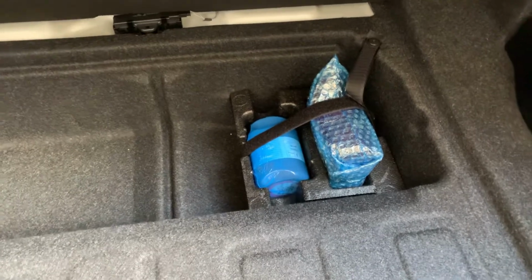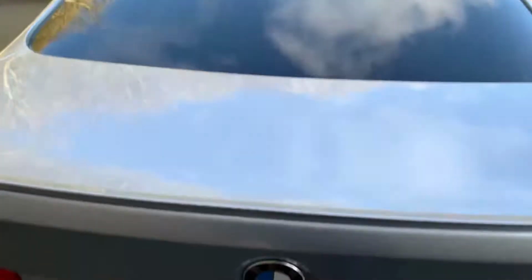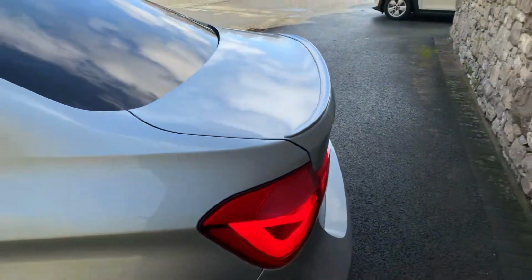So M cars don't come with run flats, so that's your tyre compressor and your mousse if you're unlucky enough to get a puncture, and that's your warning triangle up there. Just zoom in there, that's where your rear camera is. Nice subtle lip spoiler on the M car,